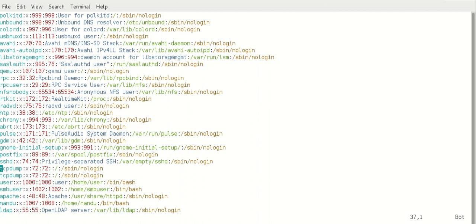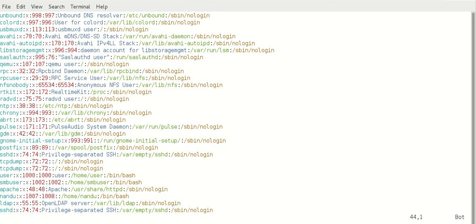Now I am in command mode only. Again we will copy the SSHD line. If I press yy, I need to paste this line at the end of the position. Go to the end of the line, and I need to press p.